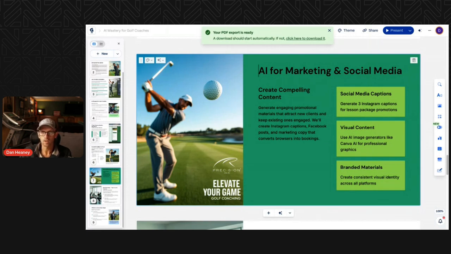That's just another huge way. I would keep this on your radar over the next 3 to 6 months on how to use AI to actually help with the production of the visuals that will go into social media content. It can also help with branding materials. This is pretty wild, but I'm going to pull this up for you guys as well.